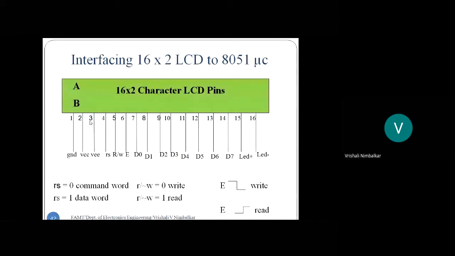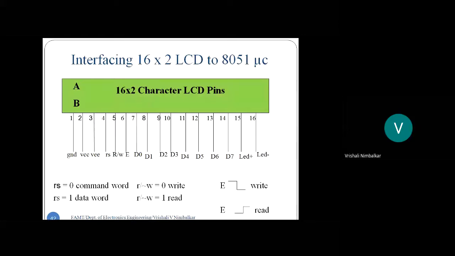And how is the contrast control done? See, a potentiometer is connected. One terminal of the potentiometer is connected to pin number 1. Second terminal of the pot is to pin number 2. And the variable terminal, the potentiometer has 3 terminals, the variable terminal is connected to pin number 3. And as you move the potentiometer, the resistance increases and decreases. Accordingly, the current flow inside the LCD increases or decreases. And that gives you the contrast.